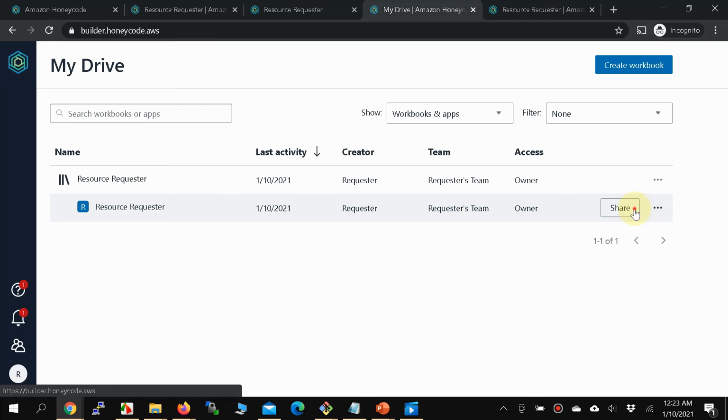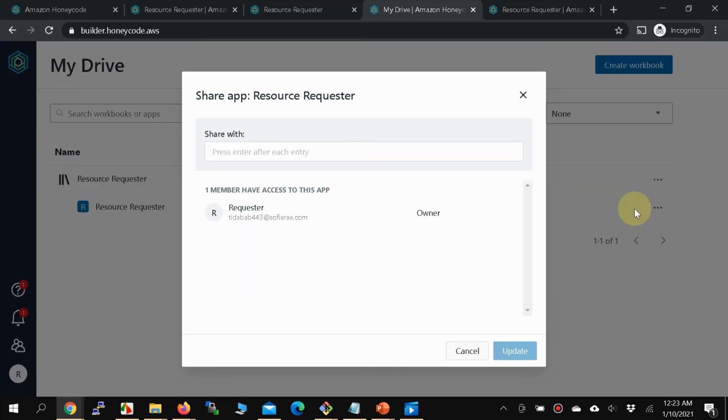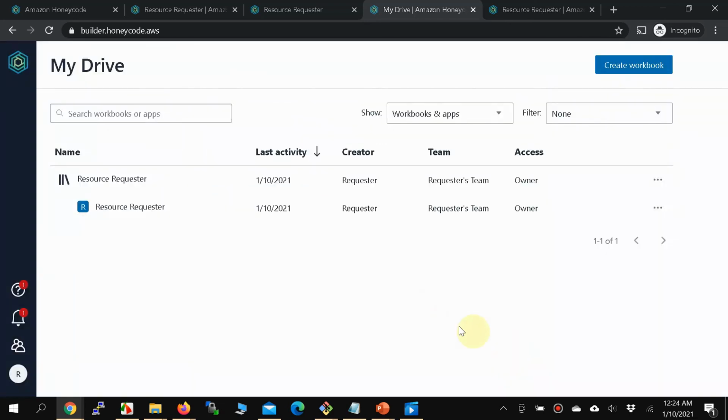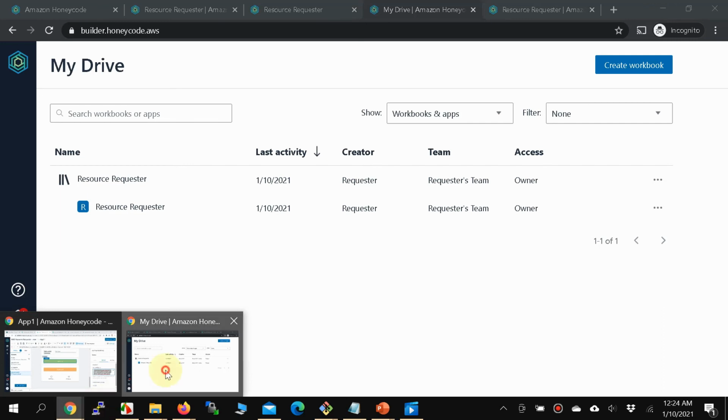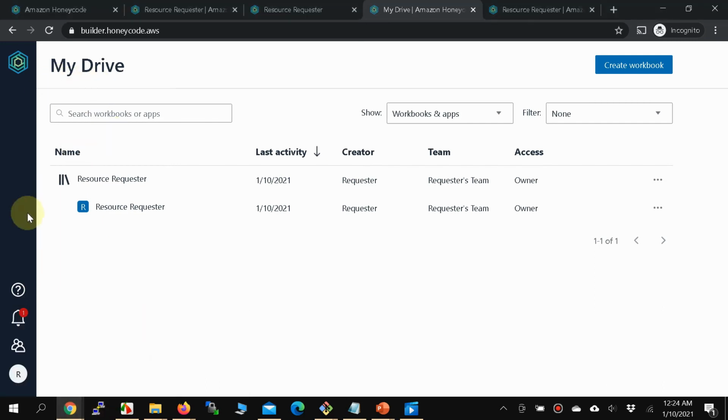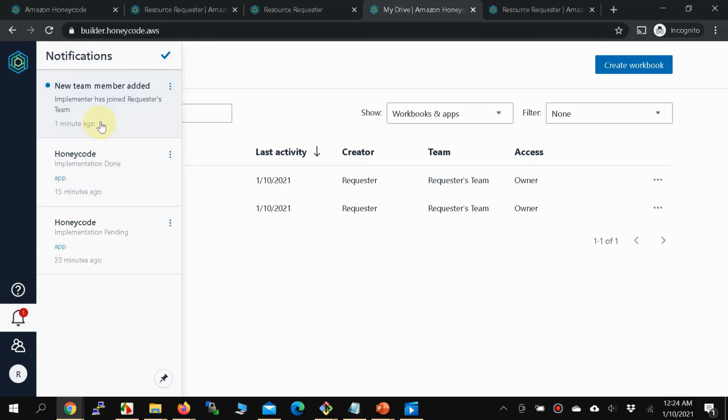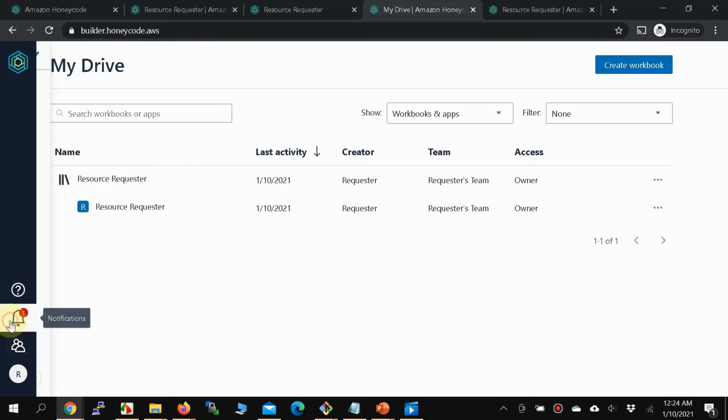So I'm gonna go ahead and share. I think for some reason it has not yet here. Okay, implementer, and I'm gonna go ahead and approver and update. So now there should be some sort of a notification. So notice that here, okay, new team member added. I should get another notification that the app has been shared with me,